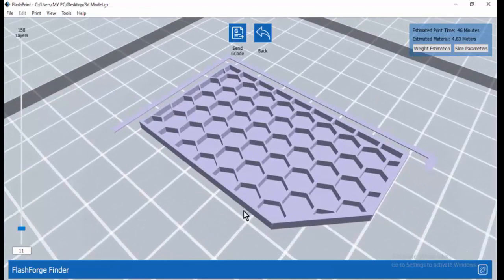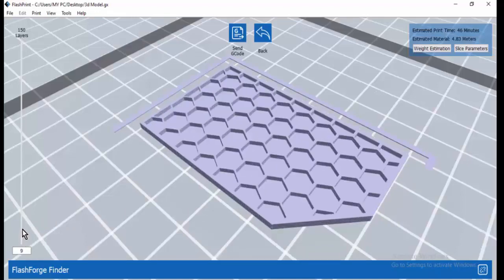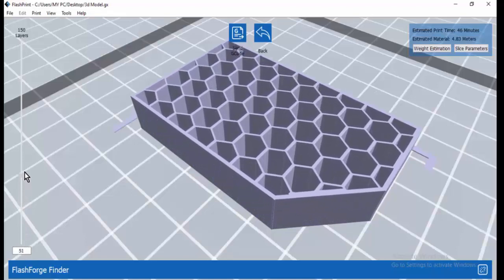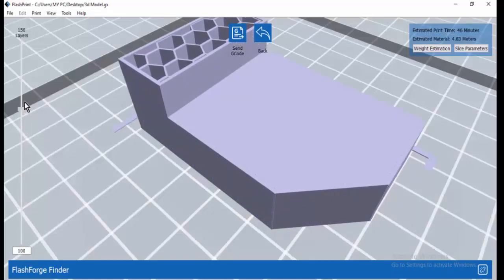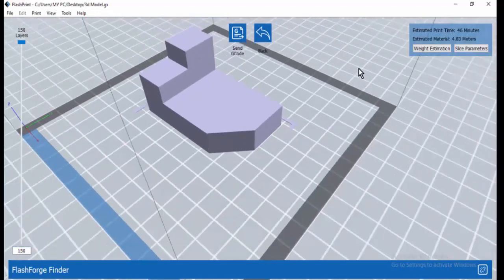This is the shell parameter, where 2 layers are used for forming the perimeter, and this is the first layer. So this is how the component is built, one layer atop another.